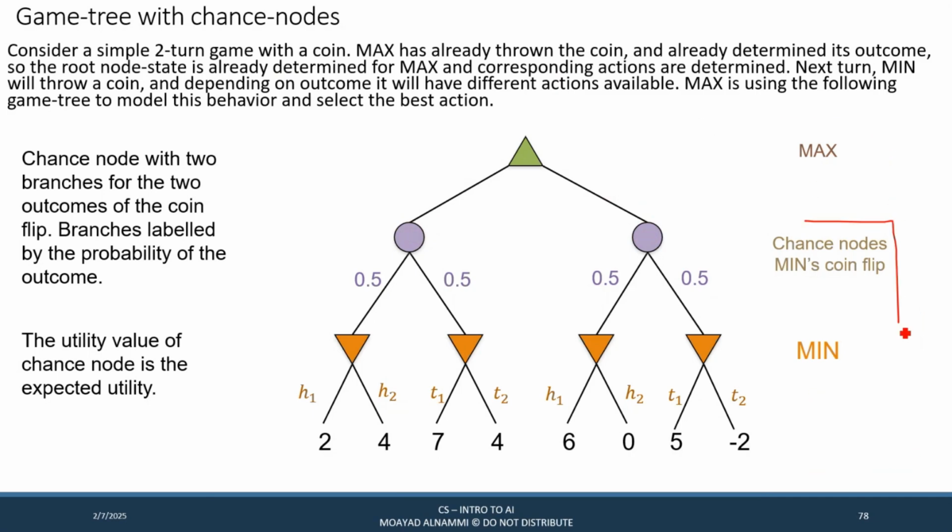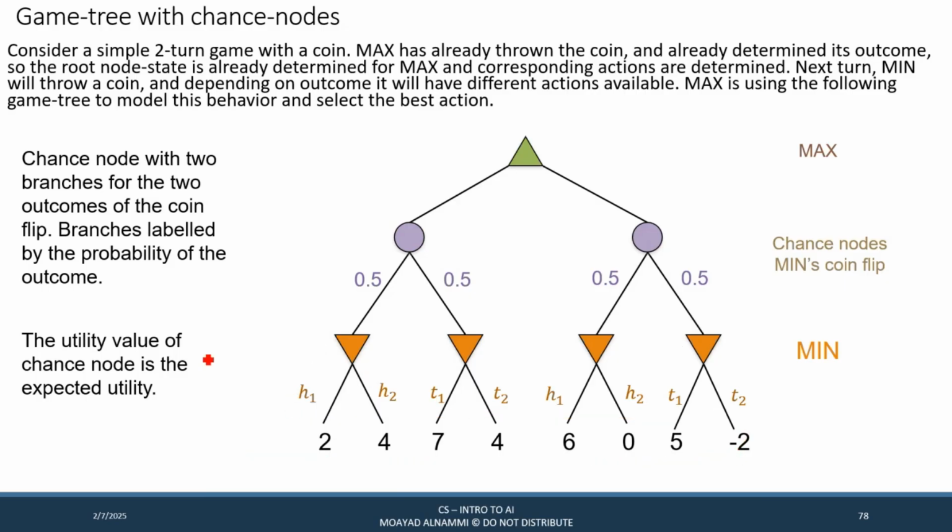I want to emphasize that these are the turns associated with Min. If the game tree had more moves, the next two levels after this will be the random event associated with max, and then followed by the max nodes, and so on, right? So in a game where there's a stochastic element, the levels of the game tree consist of alternating levels of min chance nodes, then the min nodes, then the max chance nodes, then the max nodes, and so on up to a terminal level,